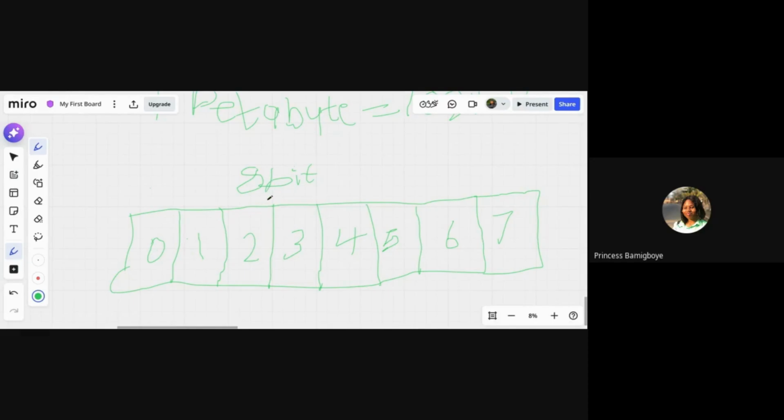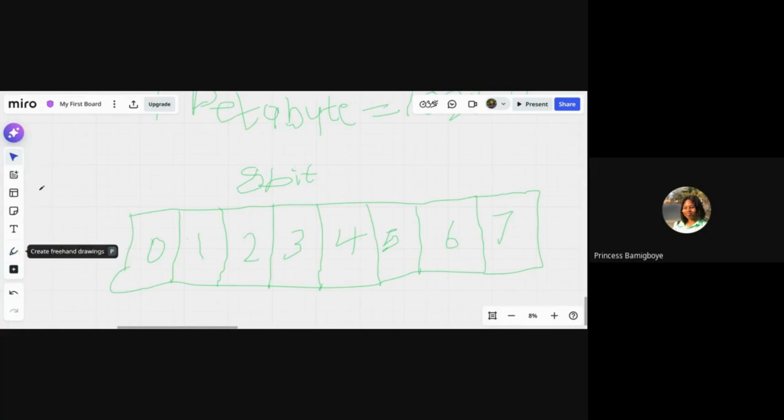The only difference is that I did not start counting from 1 like normal human beings would. I started counting from 0, and that makes the whole difference. That's why I stopped at 7 and not at 8, because as a computer system, I will always start counting from 0.